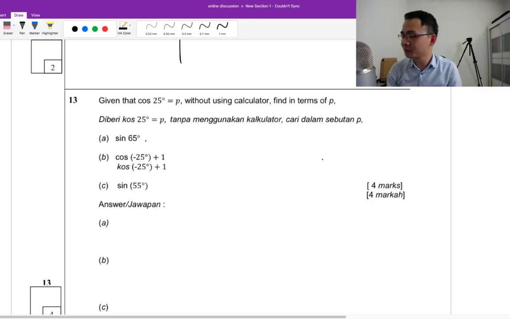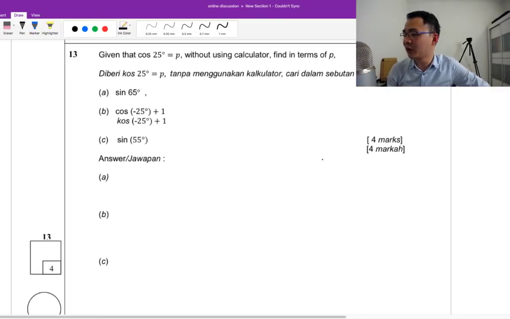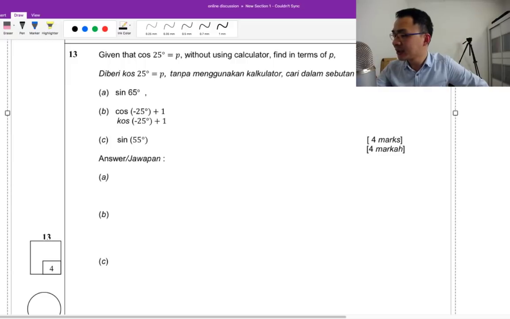Alright, so given that cos 25 equals P, without using the calculator, find sin 65 in terms of P. Alright, so what I will do over here is solve this one. So without using the calculator, find in terms of P. So yes, sin 65. Okay, so we know